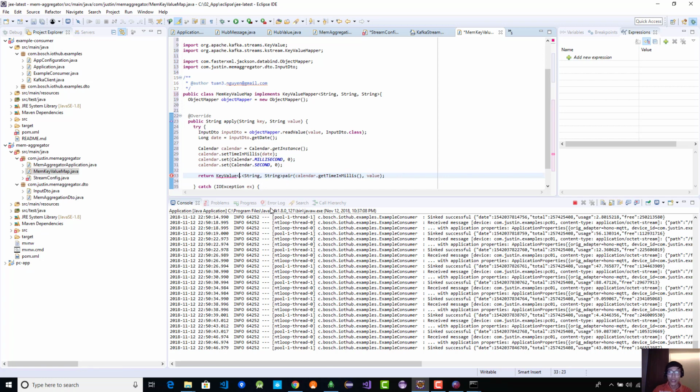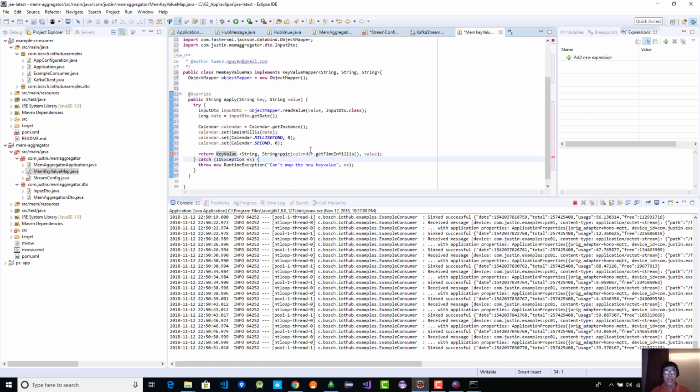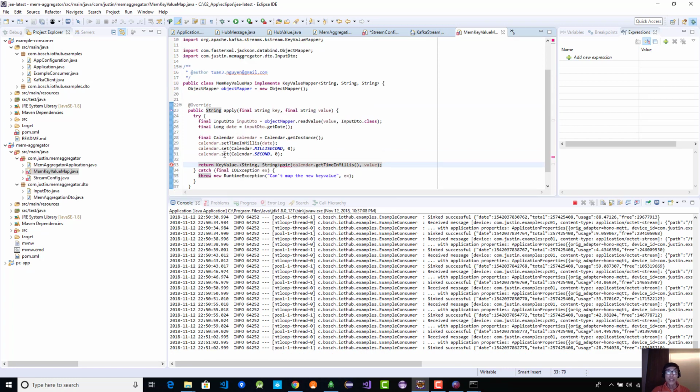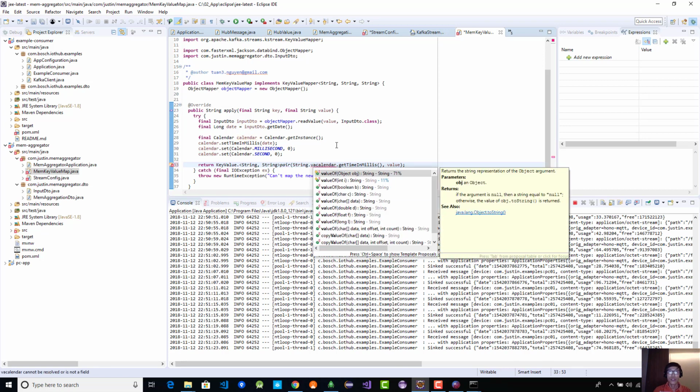Value will be the same thing. Alright. Will be the same thing. Value. Okay. Okay, so this one needs to be cast to string, because key value is string. I want this to be a string. String value of